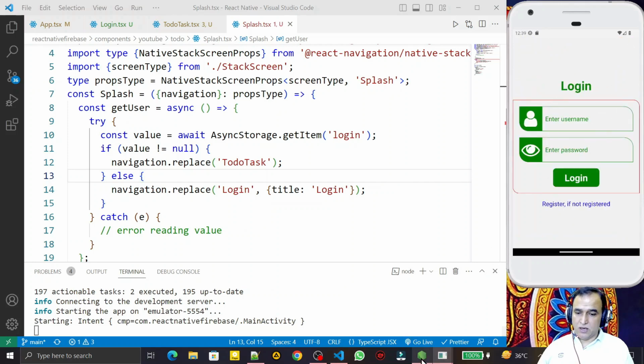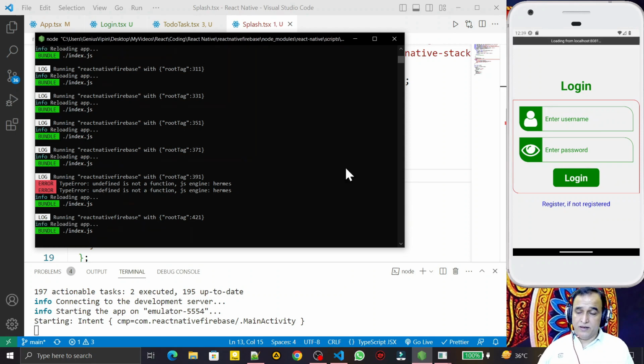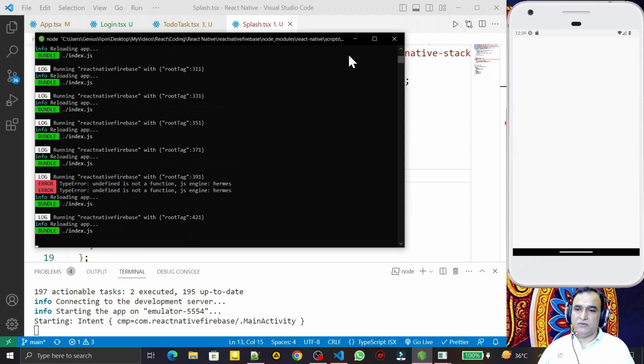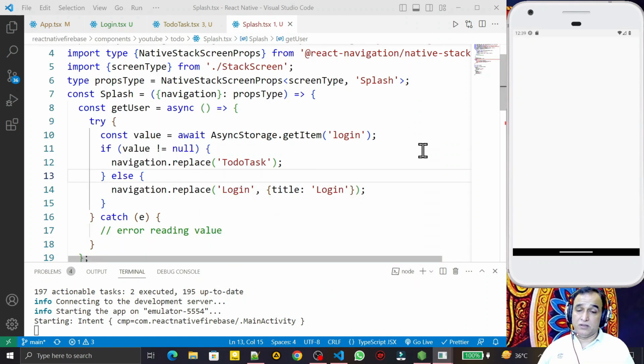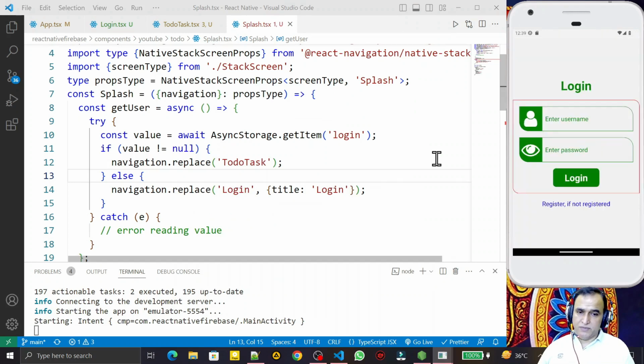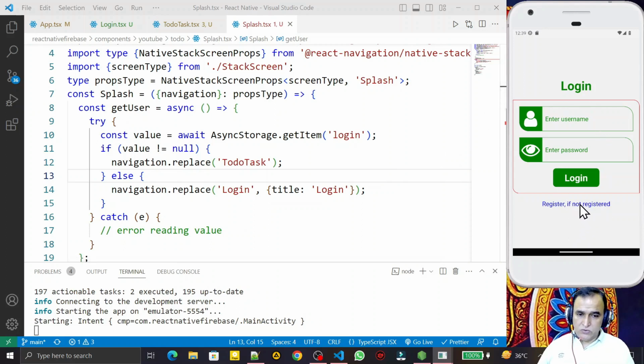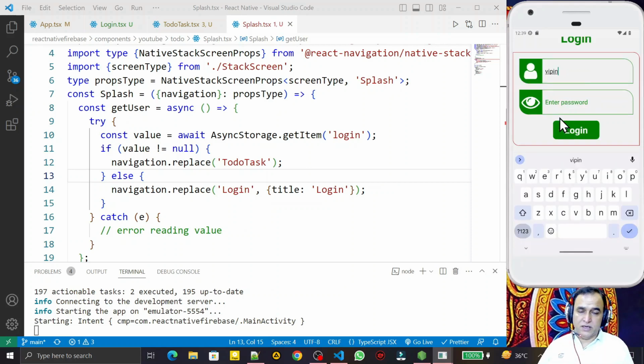Remember that. Now I restart it once again, and it will check whether we have to go to the login screen or the register screen. You see it will decide, and it will go to the login screen. Remember that the login screen is open now. So if you want to register any user, go to this, registration will open, register here. If you have already registered like me, then go to the login screen, and here you log in with the same username and